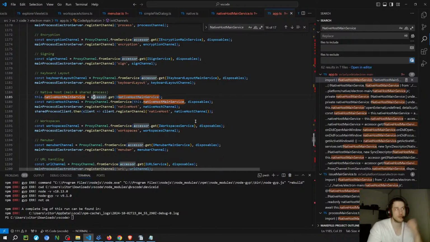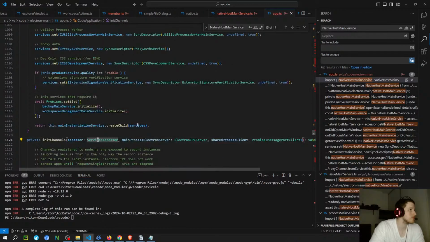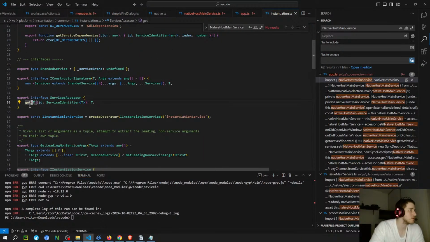So this accessor here seems to be the main thing that they use to initialize everything. And this,